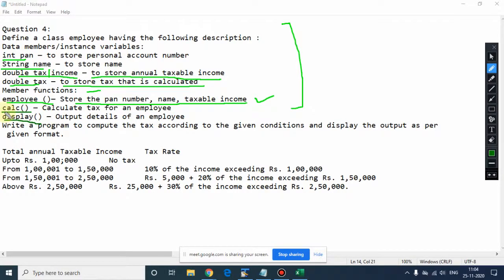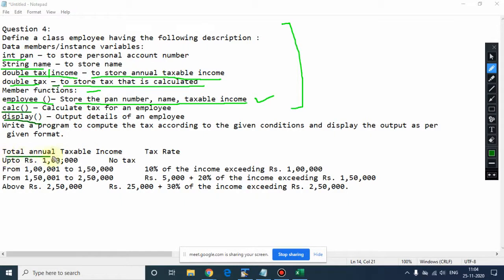Then display outputs the details of an employee: simply print the PAN number, name, taxable income and the tax. So three things you need to display.